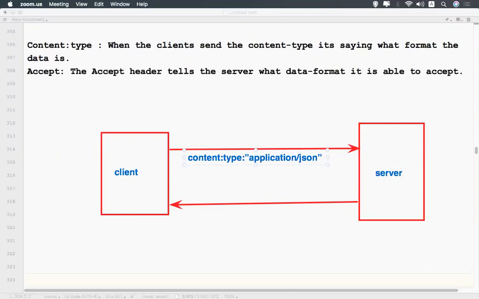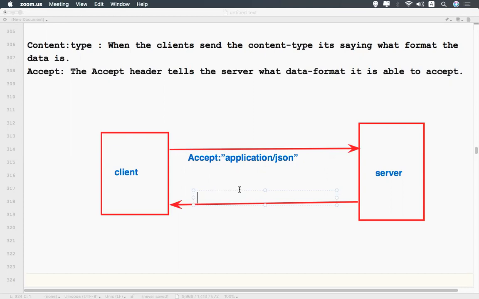Give me one second. When sending, it should be accept actually, I'll tell you why. While sending the request, it is saying that I am accepting only the form of JSON.